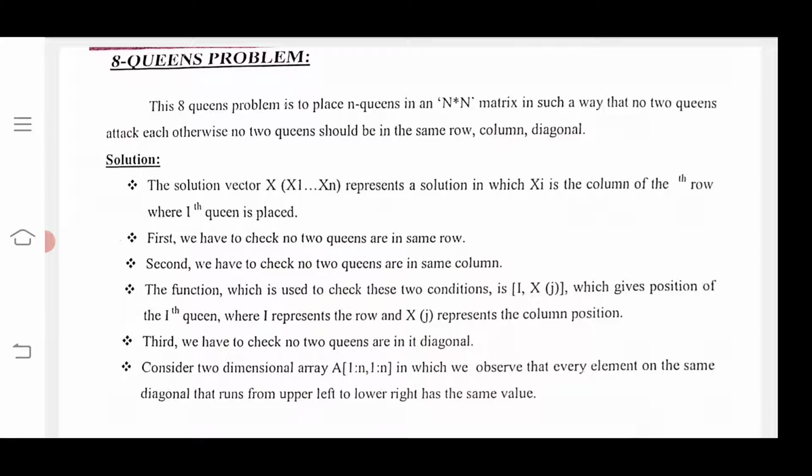Today we are discussing the next application, that is the 8 queens problem. We can say one more name, that is the n queen problem. The main intention of the 8 queens problem is to place n queens in an n by n matrix, in such a way that no two queens